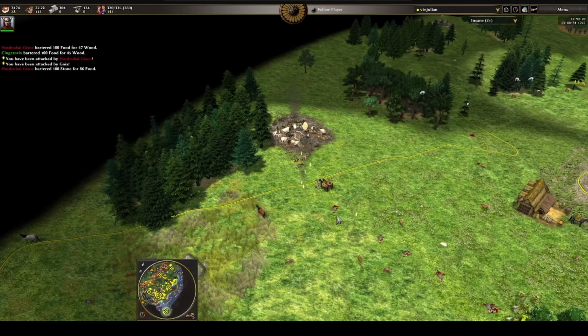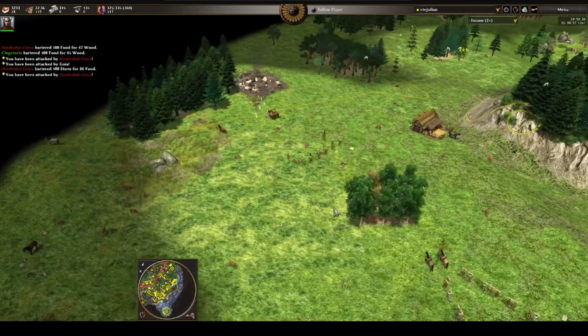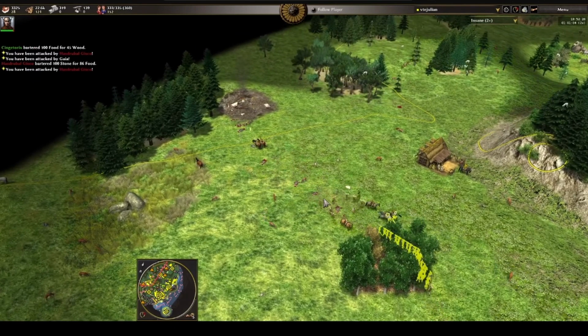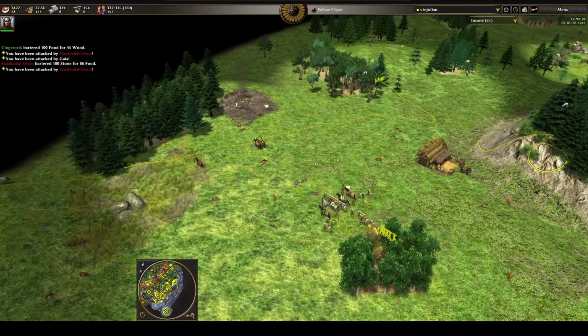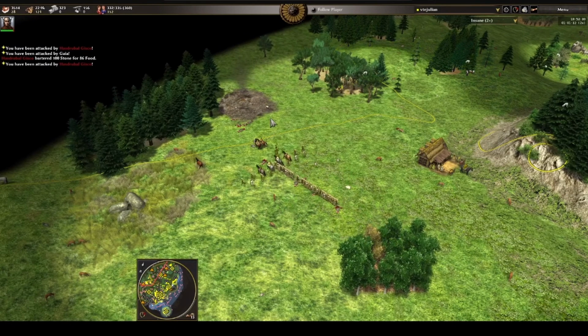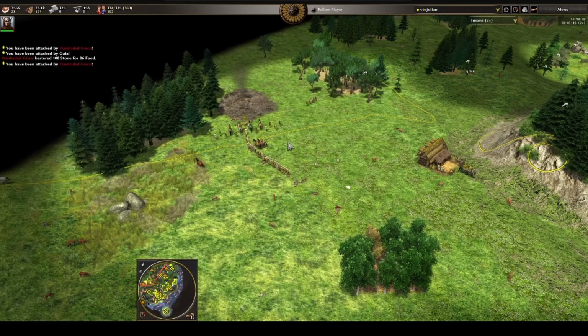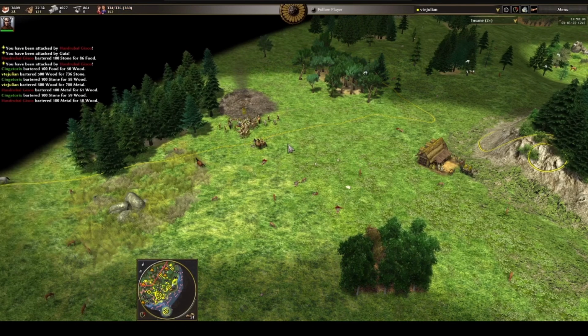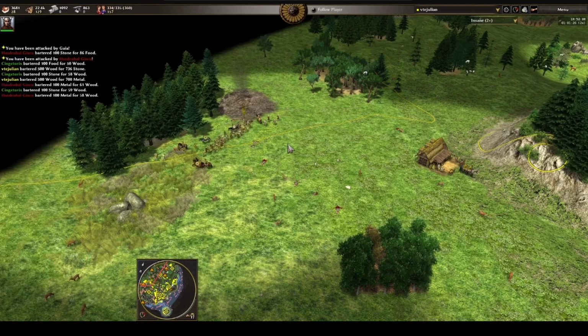I think they have an advantage over us. Well, to avoid that, we will surely build a civic center there. Let's see now. I don't remember if I have done it or not. At that moment,